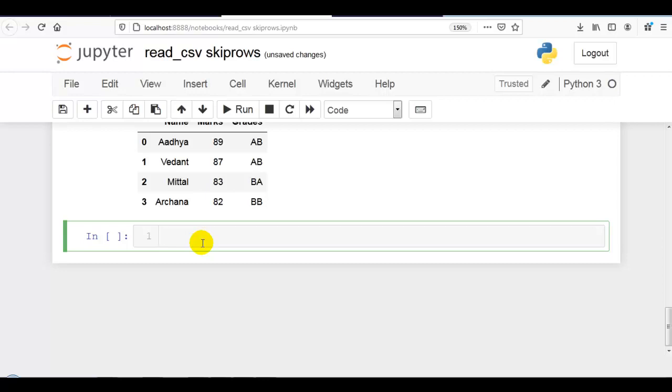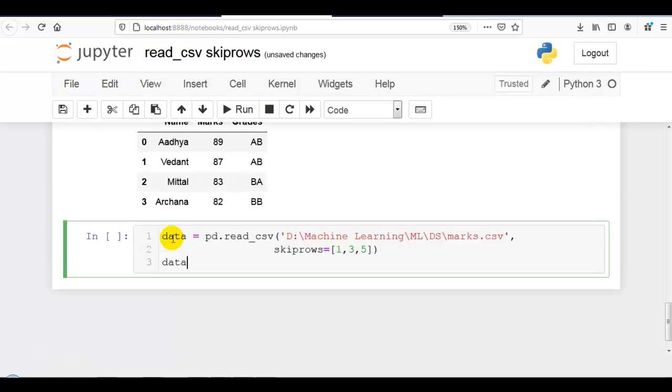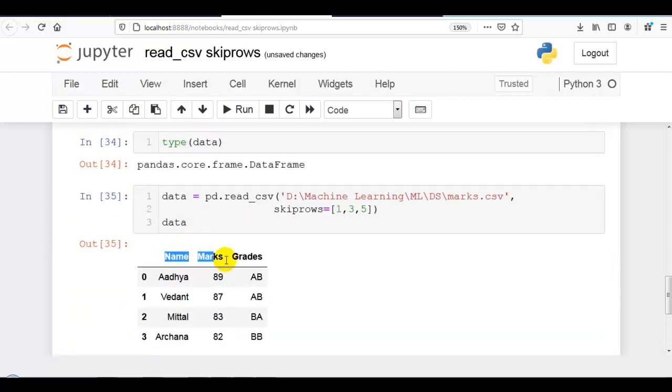Now the third example, skipping n rows from the starting except column names while reading a CSV file. I want to skip the first and second row without skipping our column names. Again, let me copy this. I want to keep the column names as they are and skip line numbers first and second.